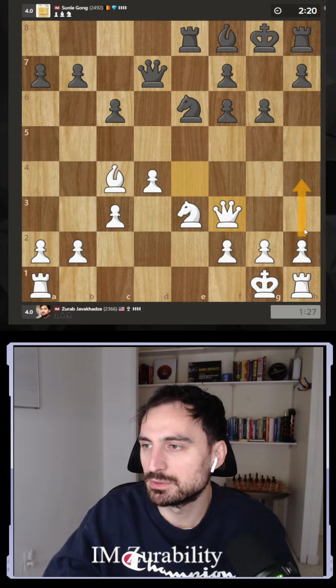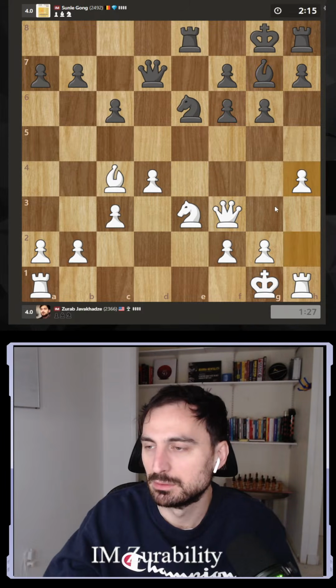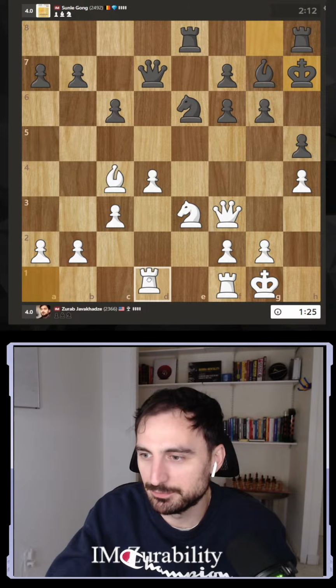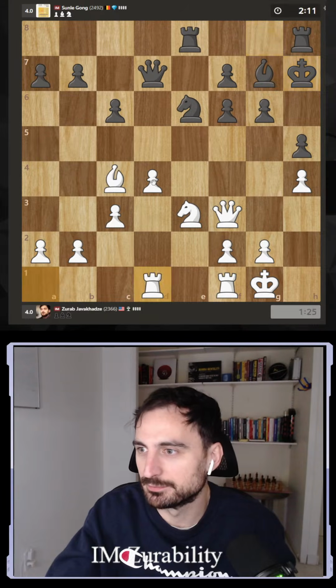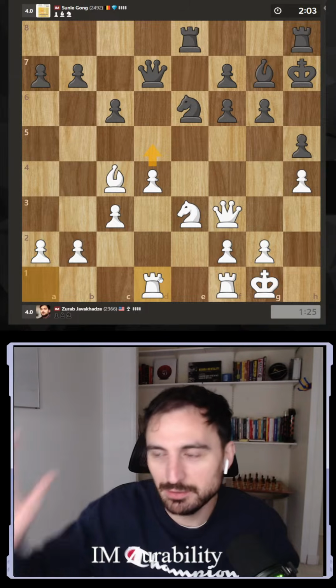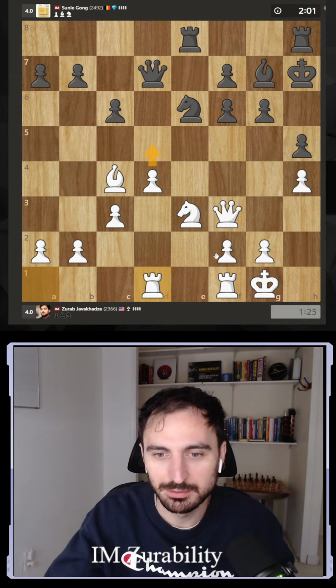Maybe h4 actually. Long castle, what are you doing? I'm so upset. Long castle would be so beautiful. Then d5 and it all goes like...